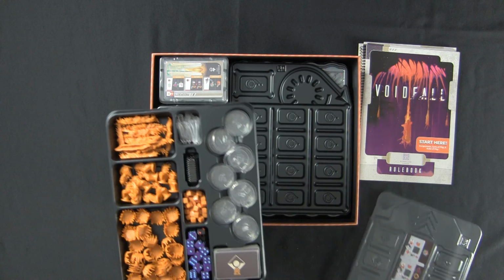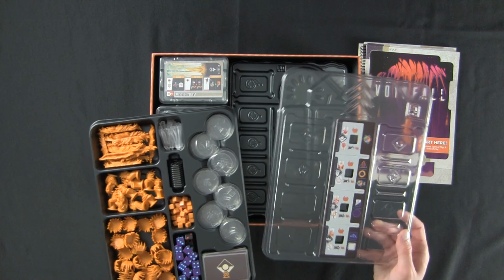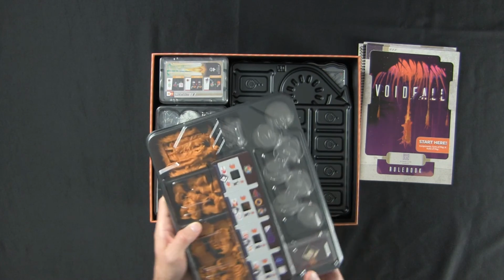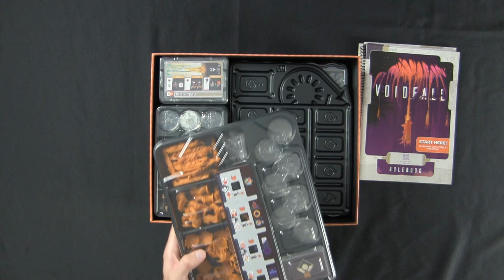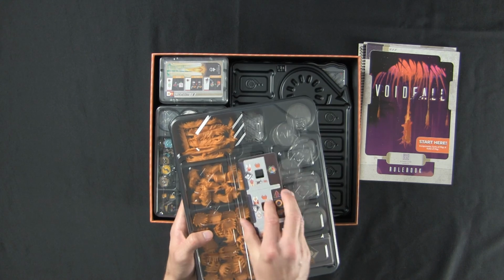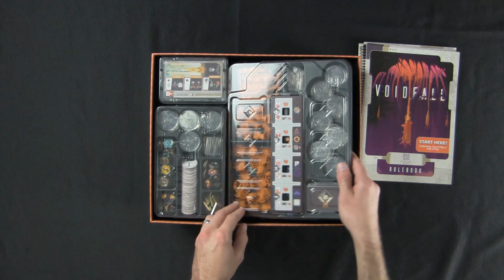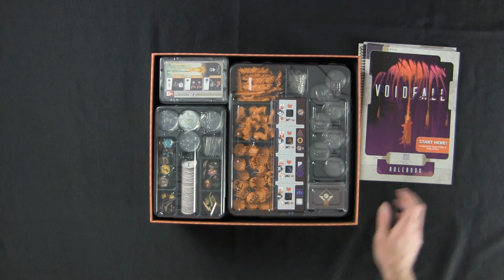Now we're going to take the agenda tray that is super handy, and you use it during the game, and that just locks on top of this tray. And the agenda board itself, keep it slotted right in there. There's no reason to remove it. There's nowhere else to put it. Leave it right there. That sits on top of the technology tray. And there's just enough room